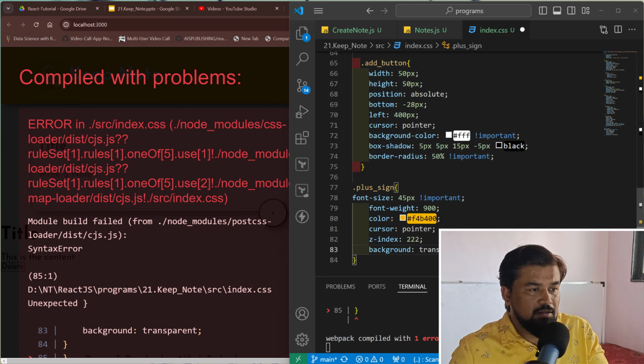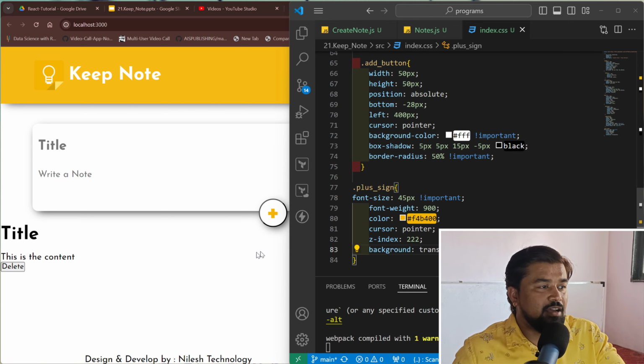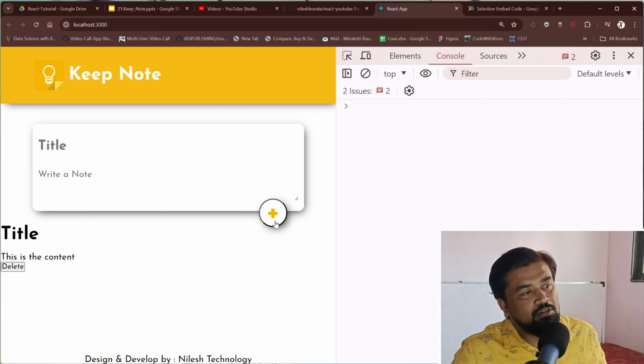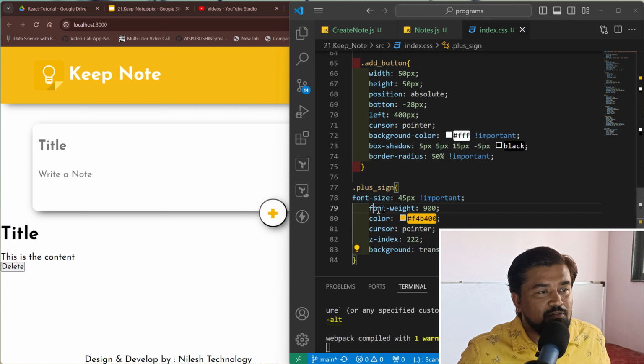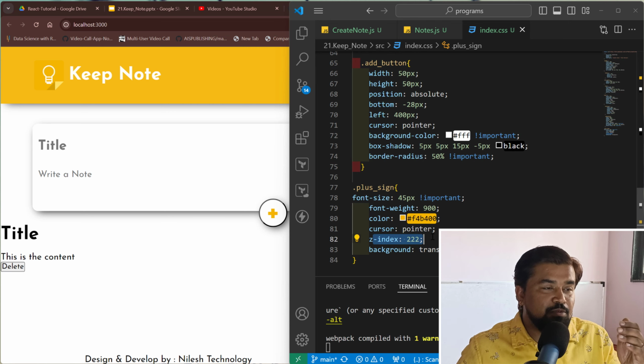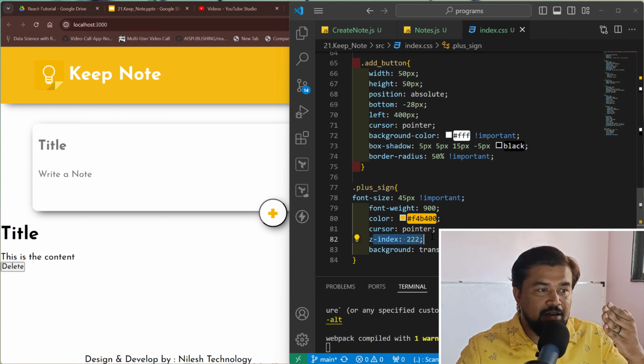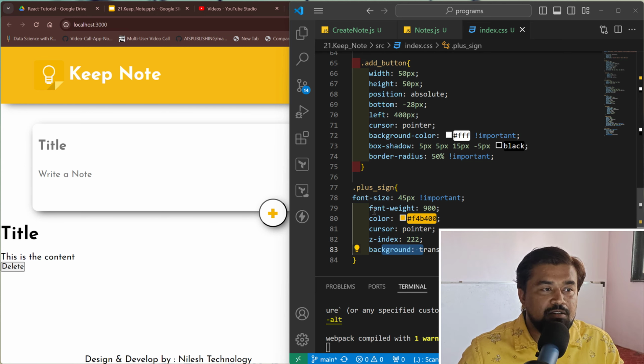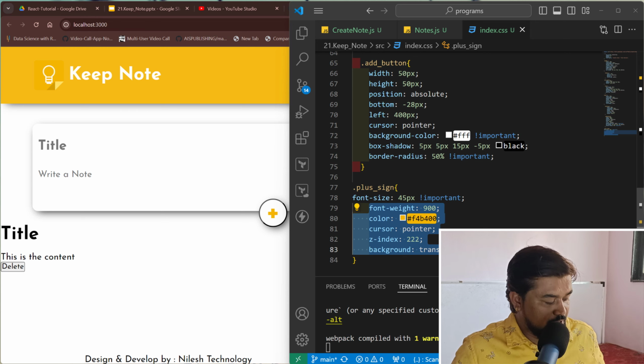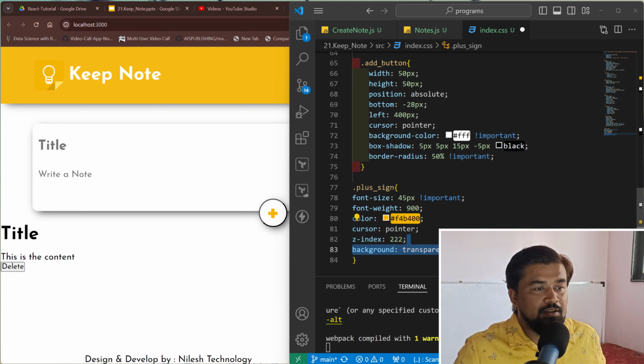Closing bracket. Yeah. So its font size is greater. Font weight 900. We set the z-index because it shows in front, background transparent, and we also set the font size to 45. Okay,